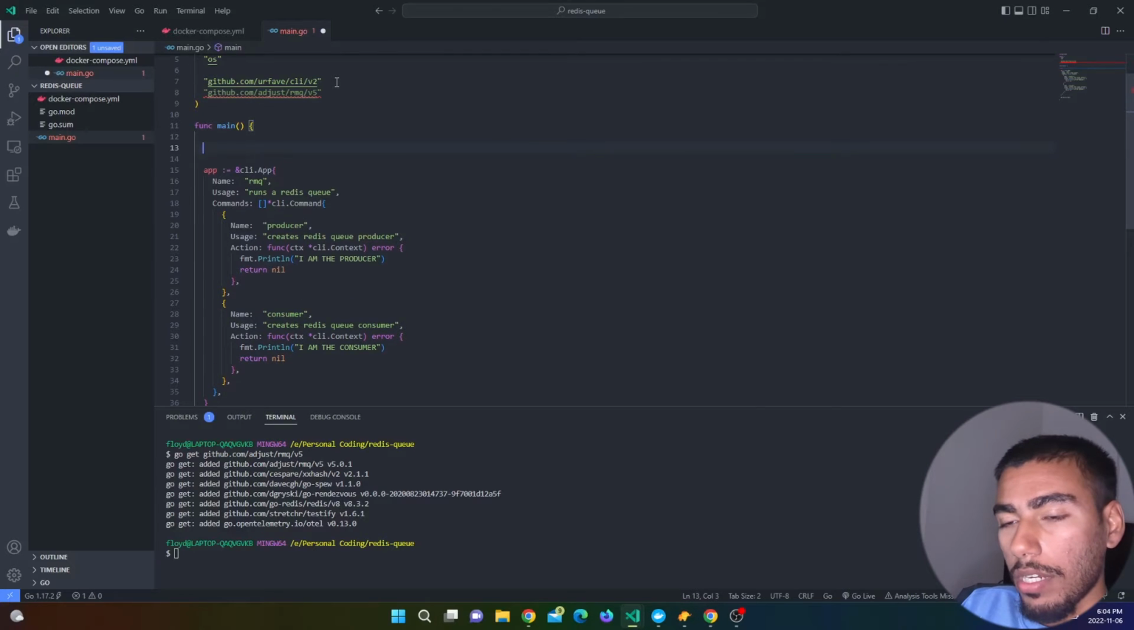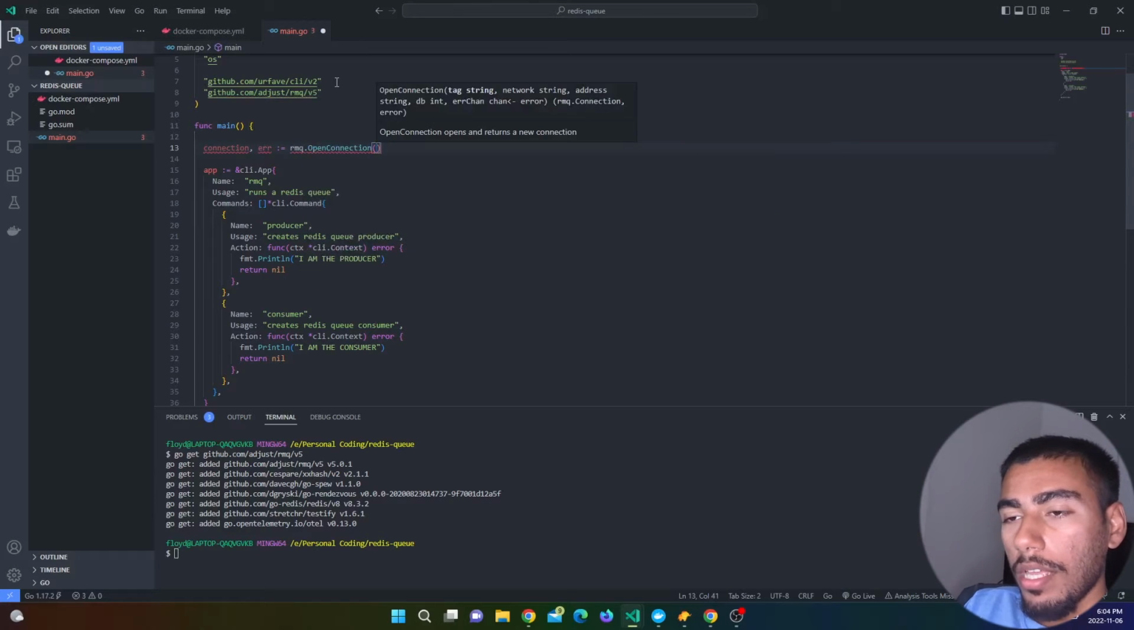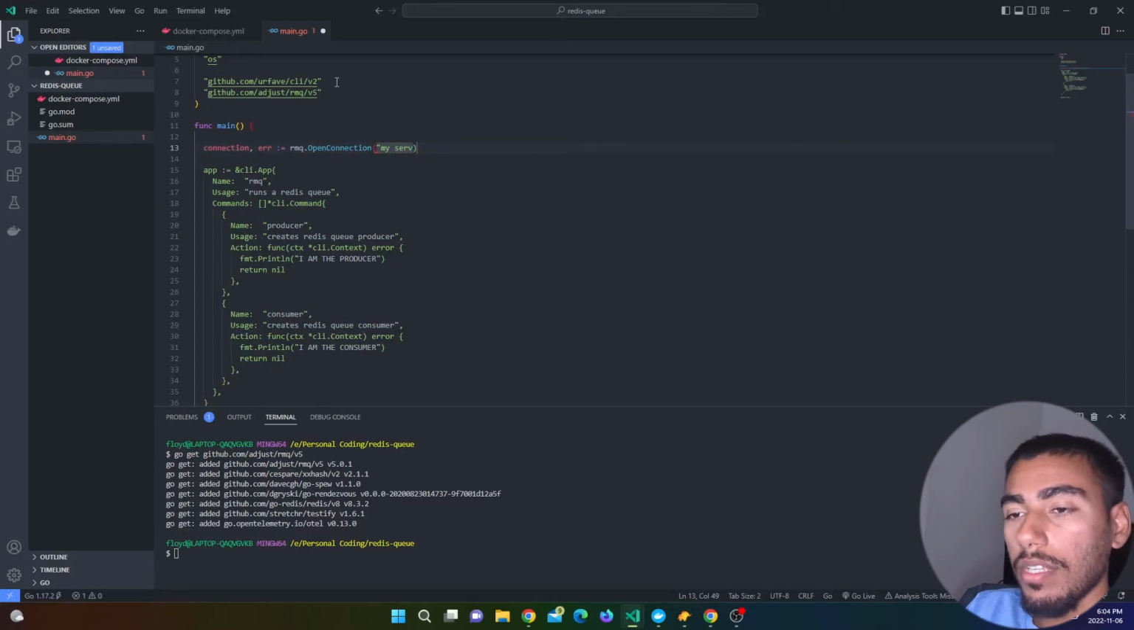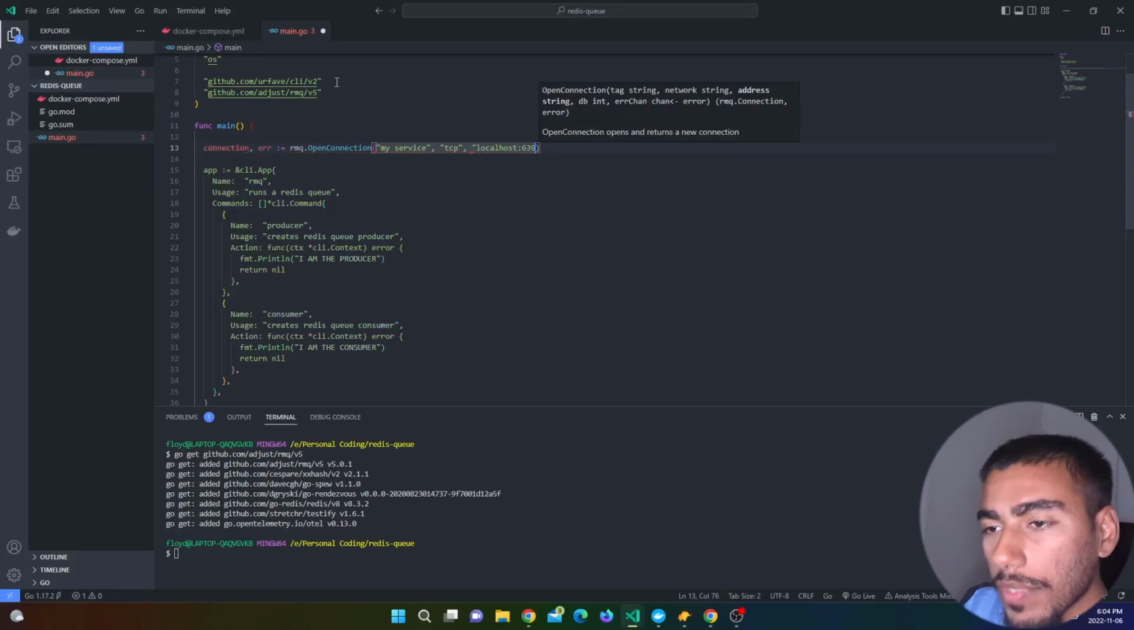And then finally at the bottom, we say connection, error is equal to rmq.OpenConnection. And the first one is the tag. I'm just going to say my service. This is just like names. There's no real strict bounding to this. And then the network is going to be the TCP network, and then finally localhost:6379, and then the second last one is going to be the